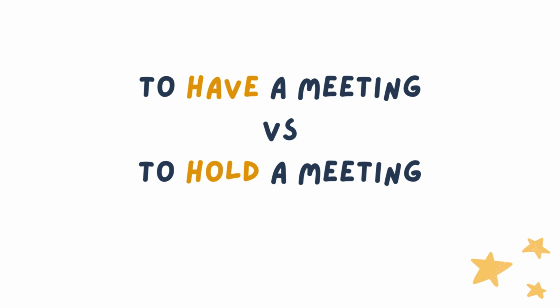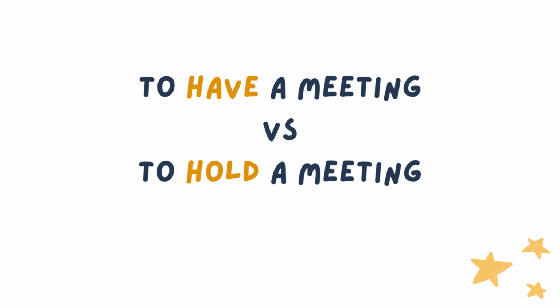Now, why do we have sometimes different verbs in the same collocation with the same noun, like, for example, to have a meeting and to hold a meeting? There is actually a subtle difference, and it depends on the context that we're using the collocation and the formality of the situation. You would say to have a meeting if the situation is casual and you're just referring to participating or attending in a